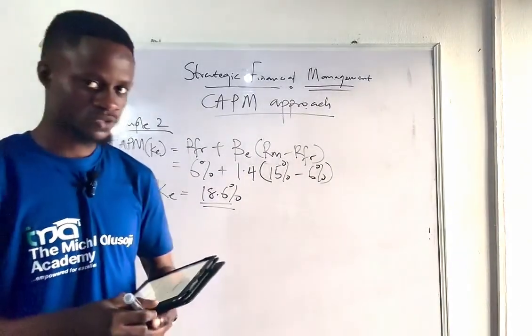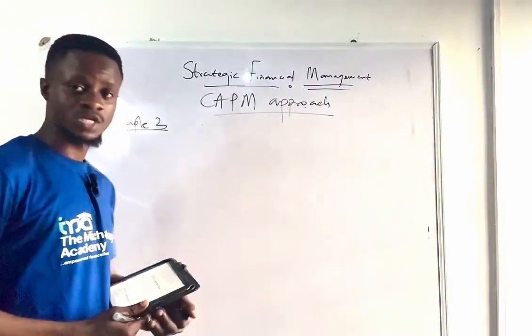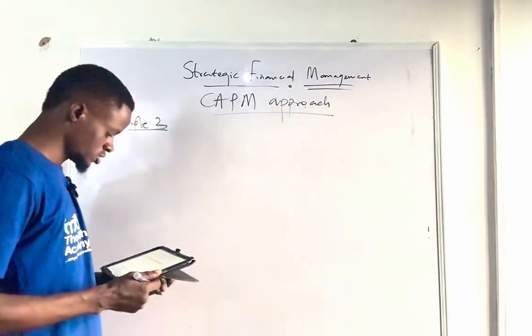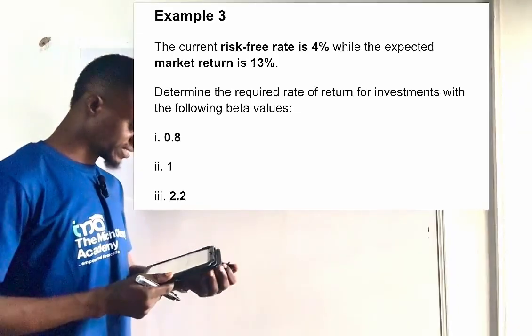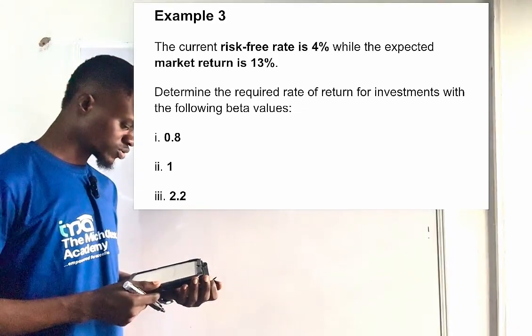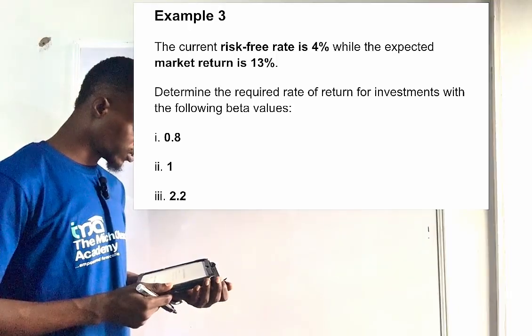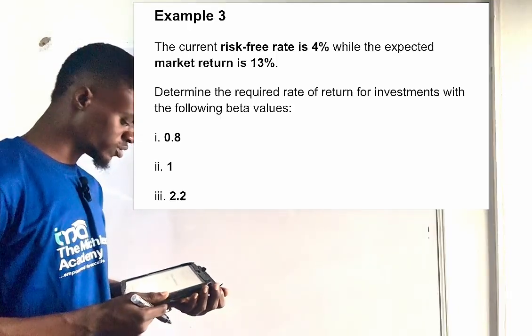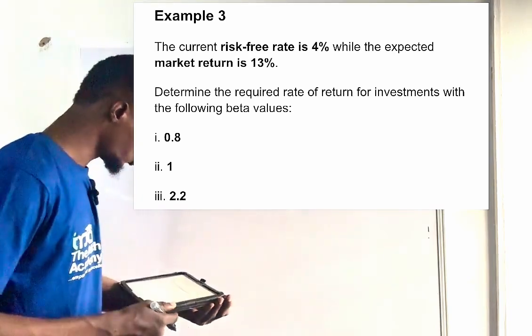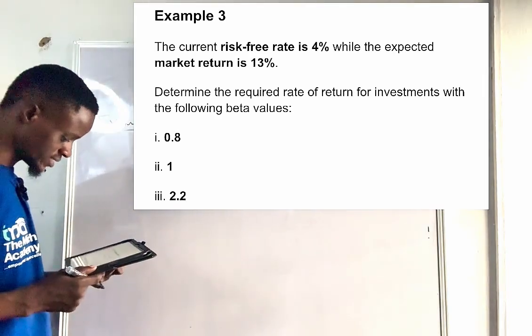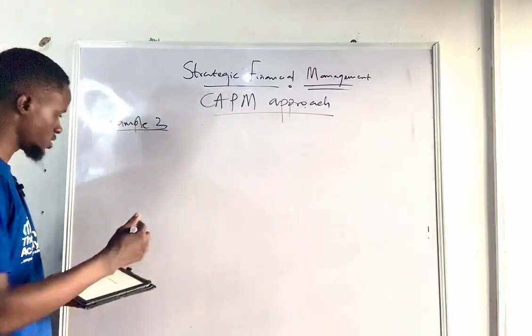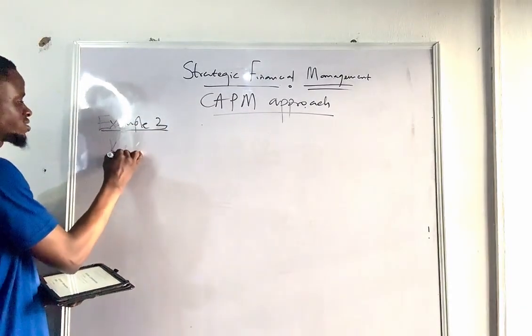So let's solve the next question, example 3. Saying the current risk-free rate is 4%, while the expected market return is 13%. Determine the required rate of return for investment with the following beta values. So we are given beta values, so we want to find the required rate of return, that is KE, of different beta,